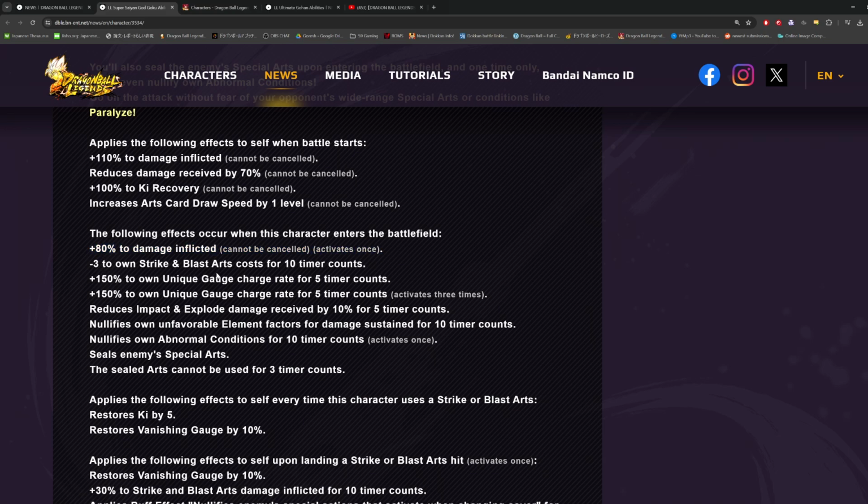-3 to own strike and blast arts cost for 10 counts. 150% to unique gauge charge rate for 5 counts. And then another 150% to unique gauge charge rate for 5 counts, activates 3 times. Okay, so you probably don't want to start the fight with this guy, because you're going to waste the charge of this. So basically, he's getting 300% unique gauge charge rate for the first 5 counts when you switch in with him. Yeah, this is not a character you want to start the fight off with, just because of these